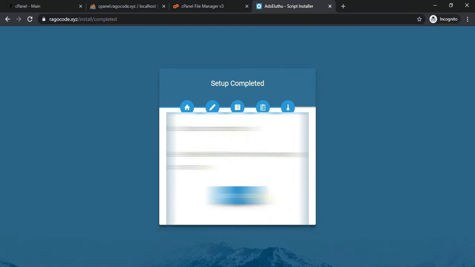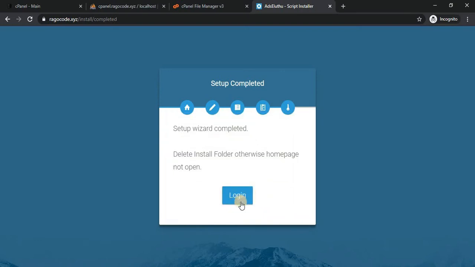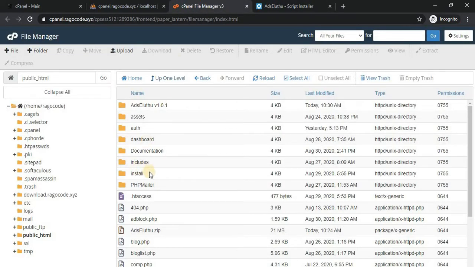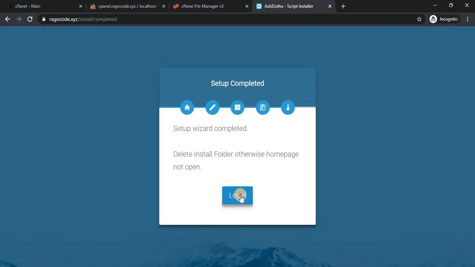Now the admin user is successfully created, and then I click the login folder. In this area you can see you must delete the install folder, otherwise the home page will not open, because the installation is completed. You must delete the install folder, and that is the one remaining step. Then click the login button.